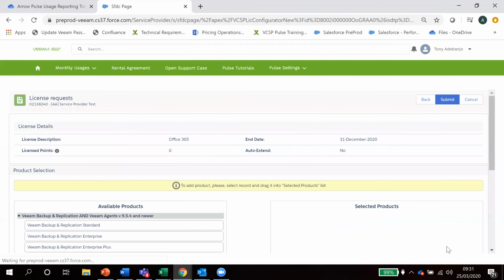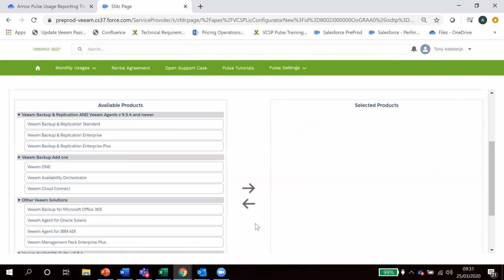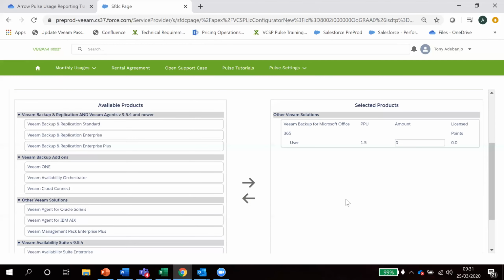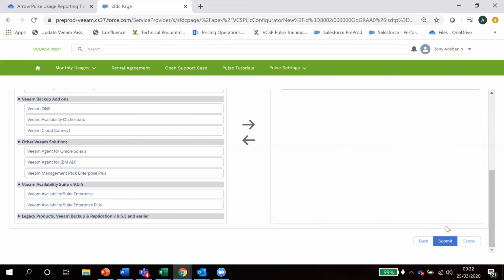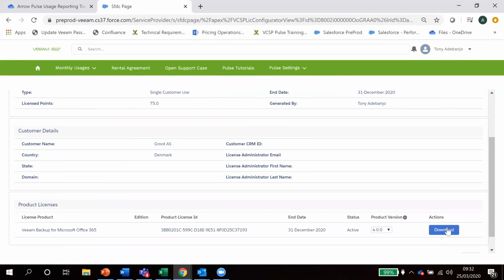I click next, and then I'm here where I can do my products. So we said this is for Office 365 for that customer. I'm going to drag this to the right-hand side, and then I'm going to say basically I need to issue them 50 seats of Office 365. You can see that this is the PPU, it's calculated the points. I'm happy with that. I click submit, and once it refreshes, I can scroll to the bottom and I can